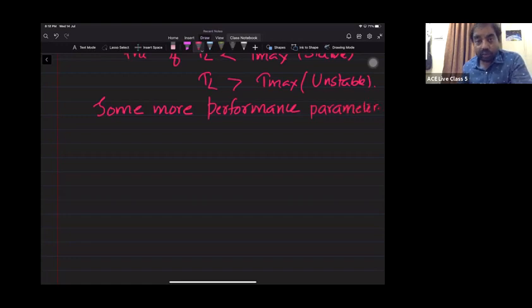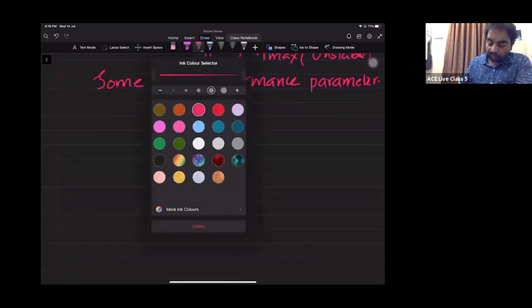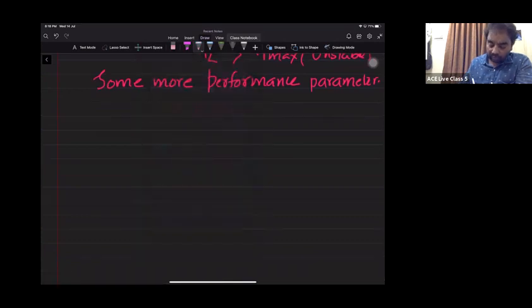Can you calculate rotor efficiency? Yes. I know rotor input is equal to 3I2 square into R2 by S. Rotor output is equal to 3I2 square into R2 into 1 by S minus 1. From that, I can calculate rotor efficiency. So what is the first performance parameter? Additionally, you are calculating full load torque,